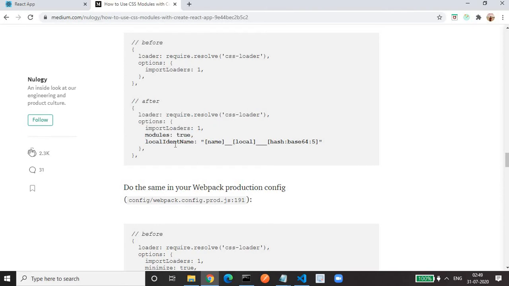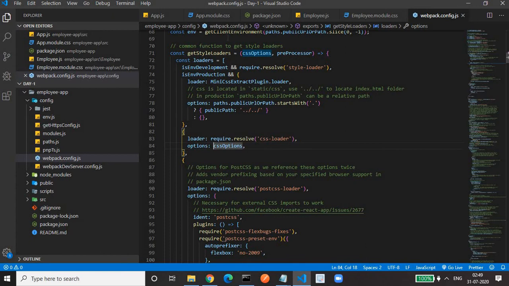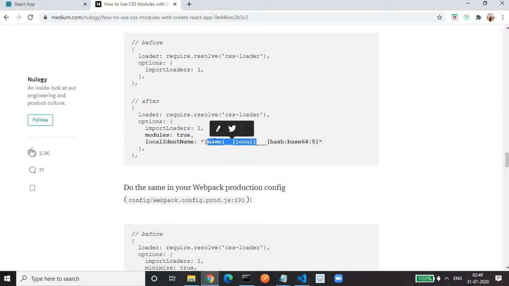Local identity name means it will give a unique name to all your CSS classes. So even though you have the same CSS class in app.module.css and employee.module.css, they will automatically get different names. They will generate a default hash name, a random name, for your classes, so that your classes will be unique and not universally applicable.